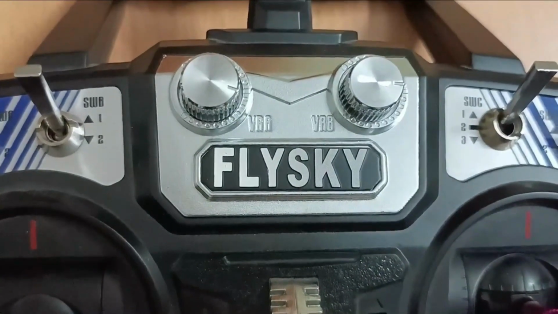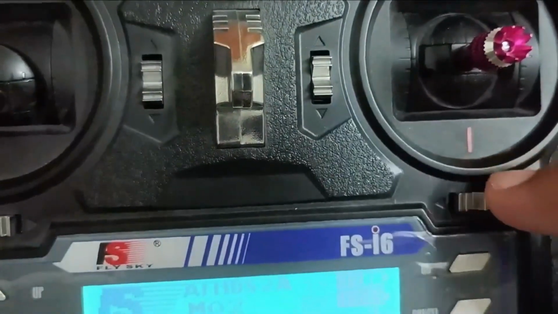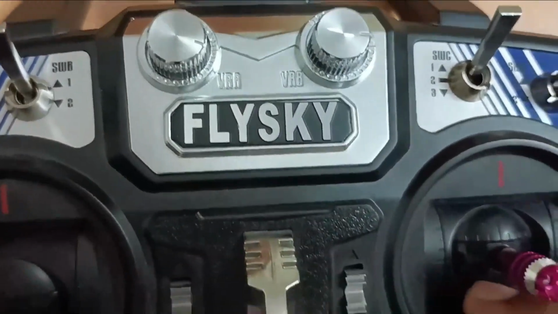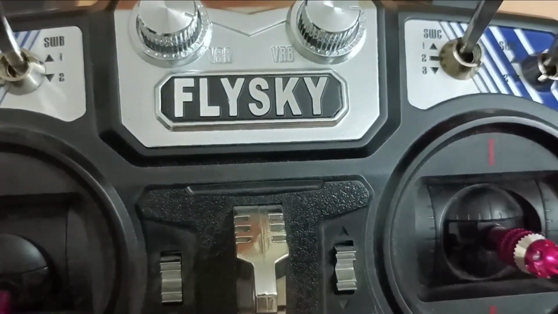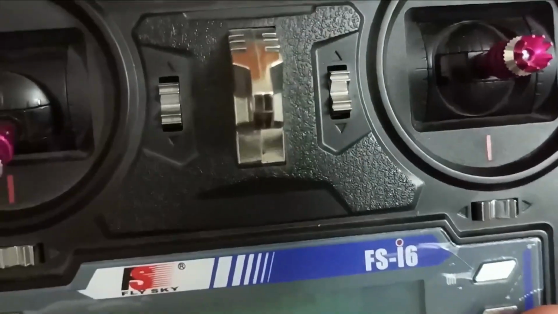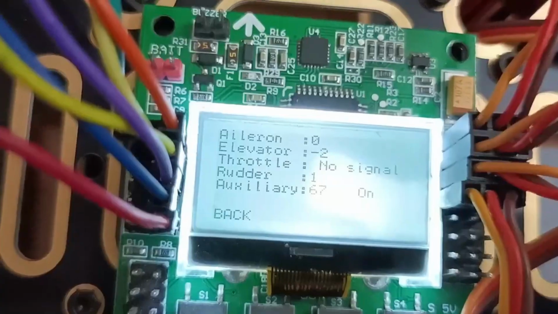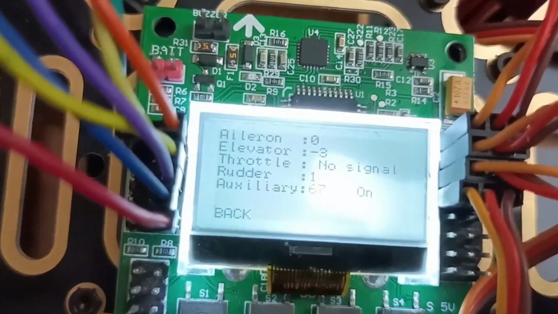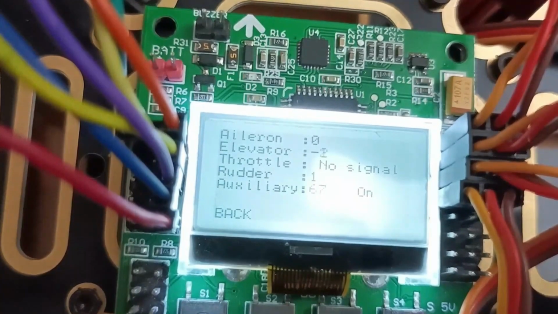Using these four trim buttons and 2 knobs, we will control the receiver test and make all these values 0. Now using the trimmers we make all values 0. Now this becomes 0.